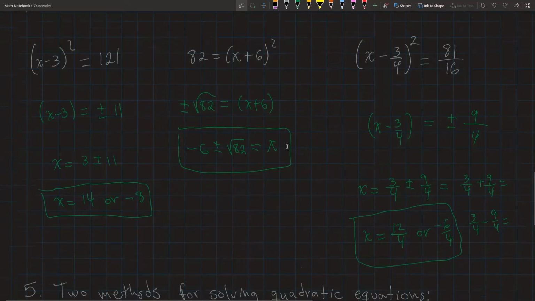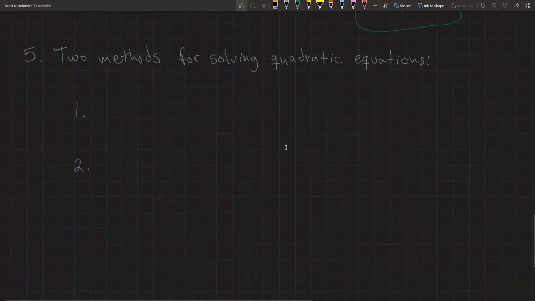And two different methods that we use so far up to this point for solving quadratic equations. Quadratic equations involve equations where it has something squared in it. All right, so that's what we mean by quadratics. It could be a something squared or like the factoring problems we've been doing before. So up to this point, the first type of problems we've been doing, I call them solving by perfect squares,